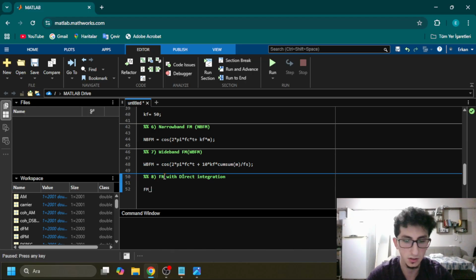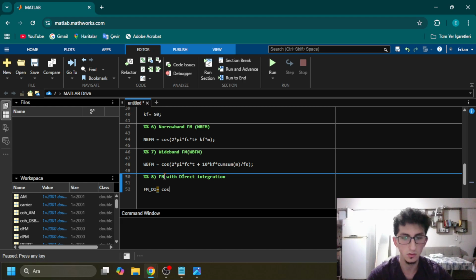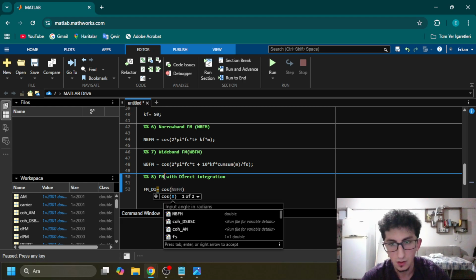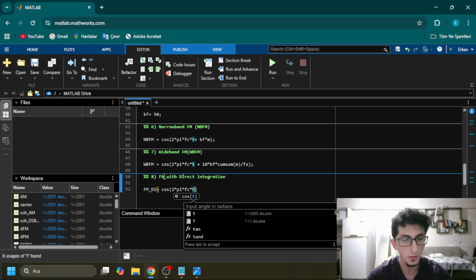So we are going to define this code, it's equals to, it's gonna be again dependent on cosine, and the method explicitly applies numerical integration. It directly represents the physical behavior of FM generation. So we are gonna do cosine again 2 times pi times f carrier times t, again times pi times f carrier times t plus